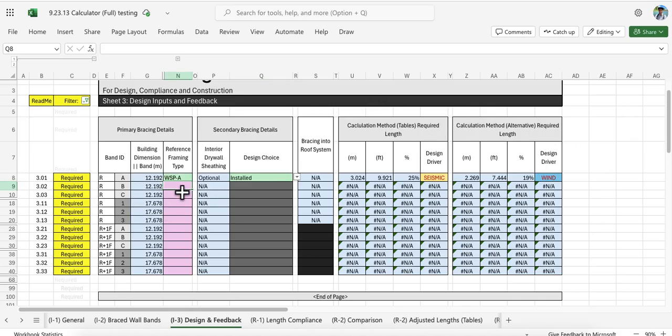Let's go and do another one here. So this one, let's design it. So imagine that this is going to be a drywall based one. So if we select GWBD, so this is a drywall based panel, there is no option for